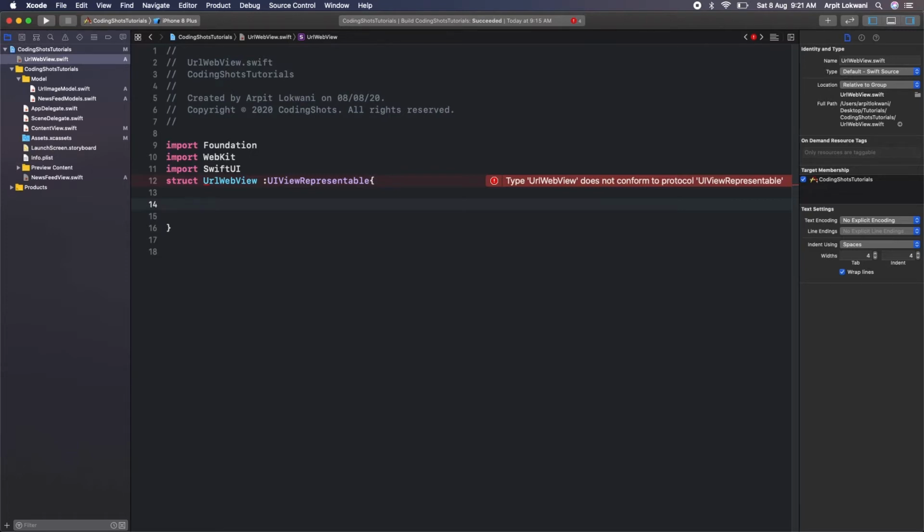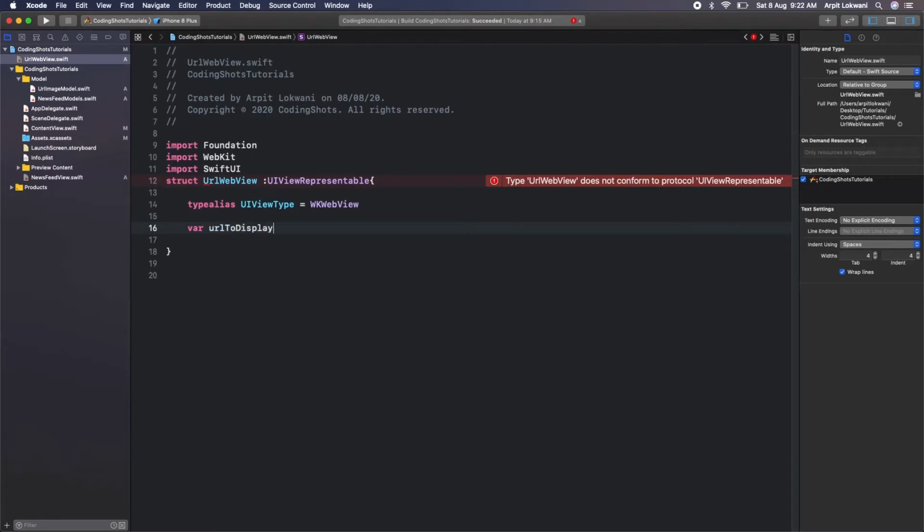So I will create one alias, saying UI view type is equal to WK web view. Guys, use the WK web view, because the other web view is deprecated if you use that. So this is the latest one recommended by Apple.